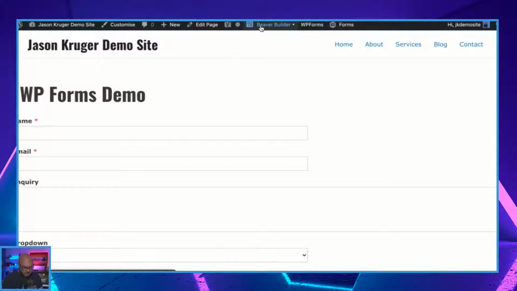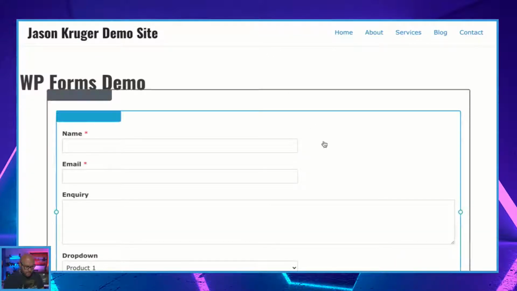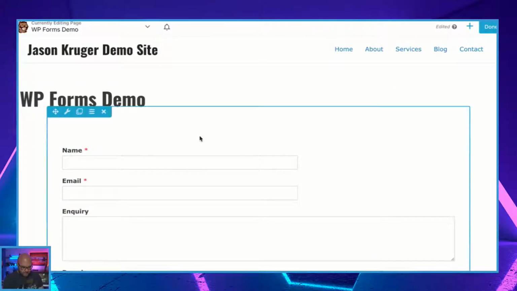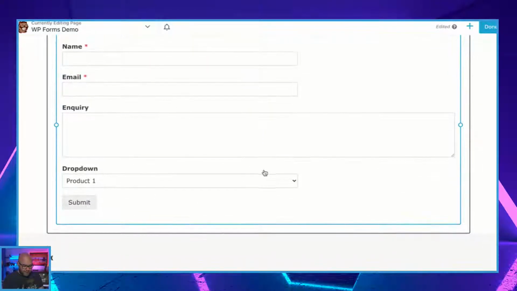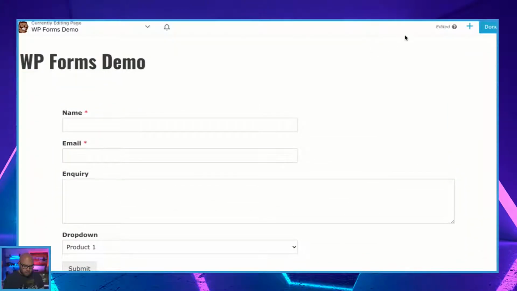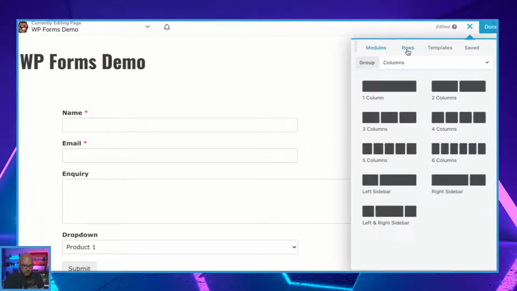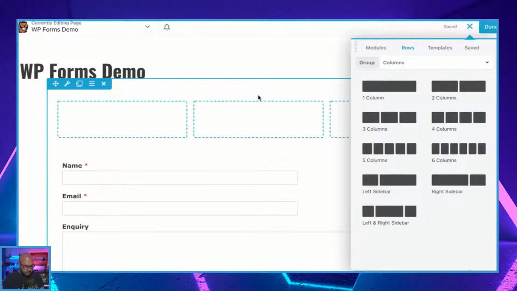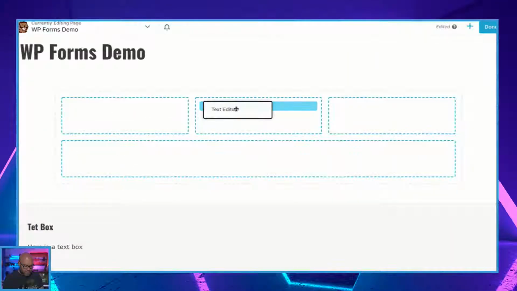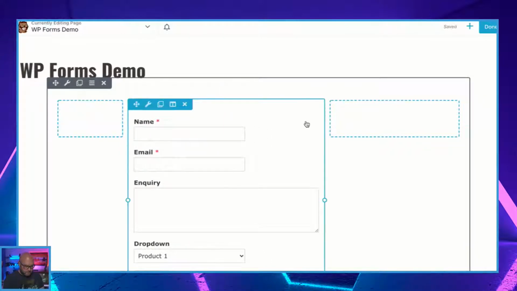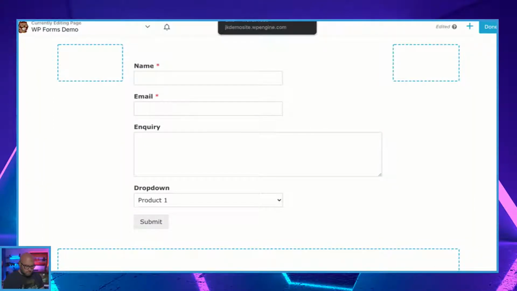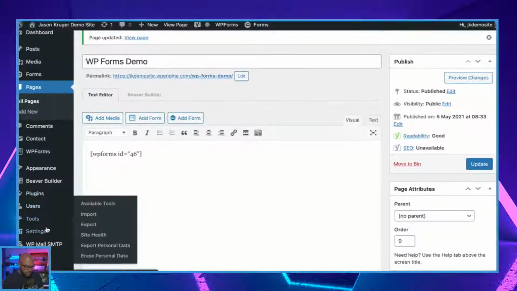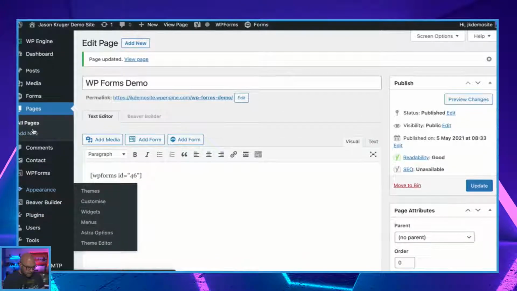Now, if we wanted to change this formatting a little bit, I've just clicked on WP Forms, and it's now already put clicked on the Beaver Builder button, and it's now already changed some of this formatting. But if we wanted to do how we did it in the last one, with 3 rows or 3 columns, sorry, we can do that, and I can just drag this across. And as you can see, there we go. And click on done. But if we go back to WP Forms,